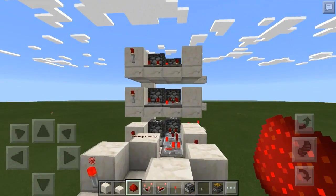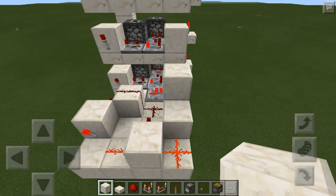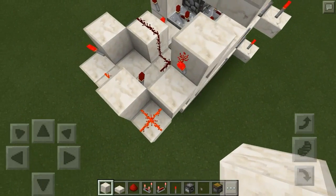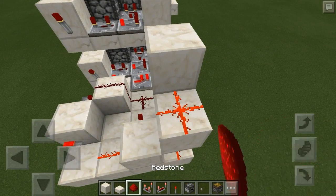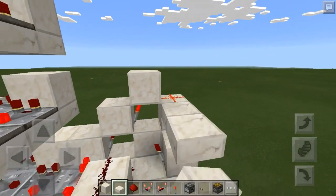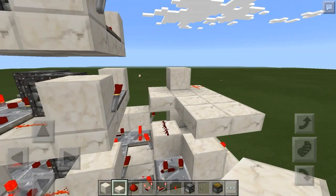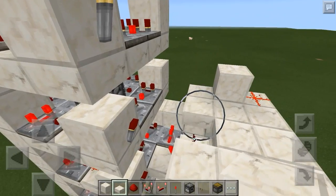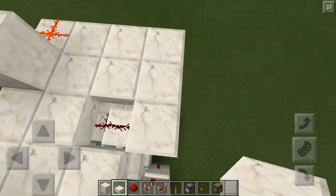And I'll do the next one, and then I'll do the last one off screen. So again, this torch right here, we need to take the signal upwards, so you place a block on top of that torch, place a torch on that block on the side of it, place a block on top of that torch, and then you place a block right there with dust, so that's part of your AND gate. And then you can go ahead and place a platform here just so it's easier for you to work. Nothing will go above this. That has to be a half slab right here. The rest of these can be whatever kind of block, and some of them don't even have to be here,